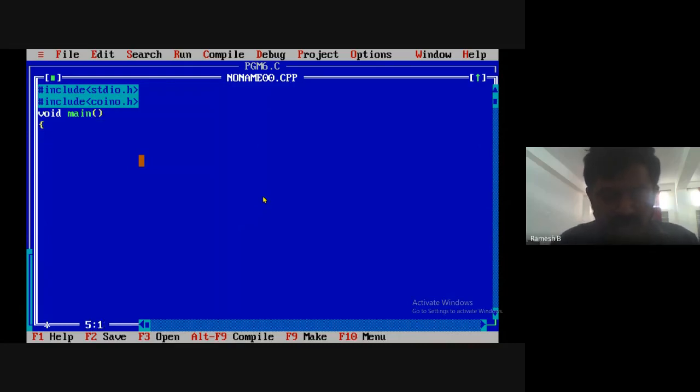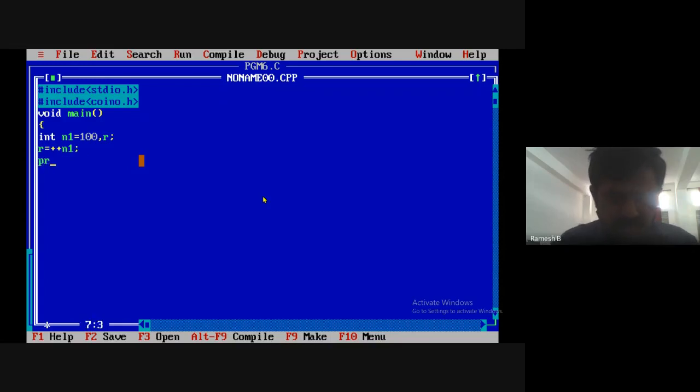After this, I'll take integer n1 is equal to 100. I'll take r for result. Now r is equal to n1 plus plus.